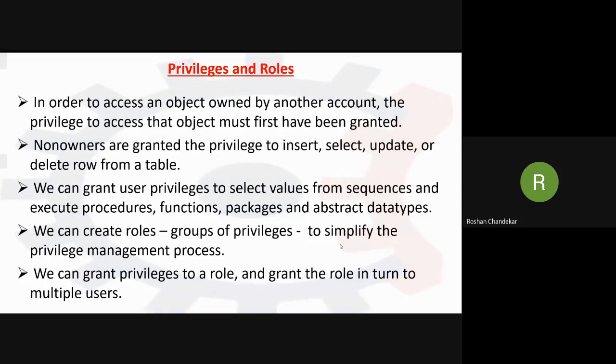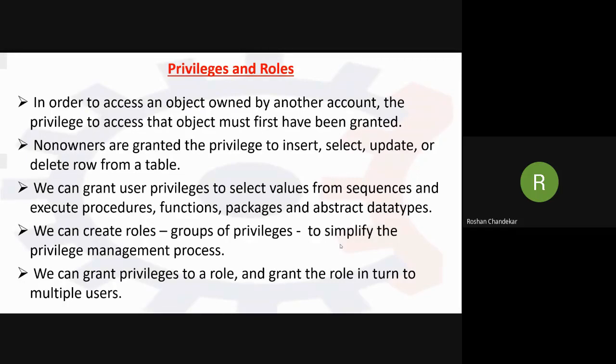Whenever we create another account in the system, at that time we have to give the permissions, the privileges, to that particular account. So what kind of privileges? The privileges are nothing but: we can insert into a database, create a database, delete a database, modify a database, or update my tables, create a table space, give some sequences. We have to give some IDs, row IDs. So those are all the privileges that we give when we create the account.